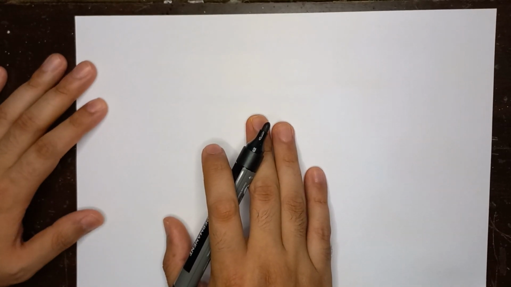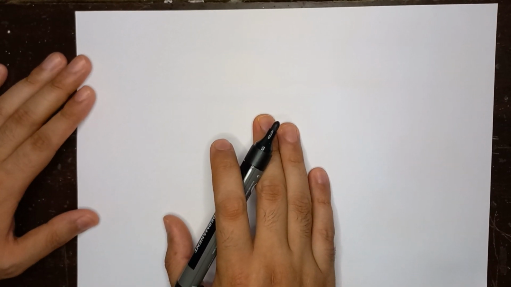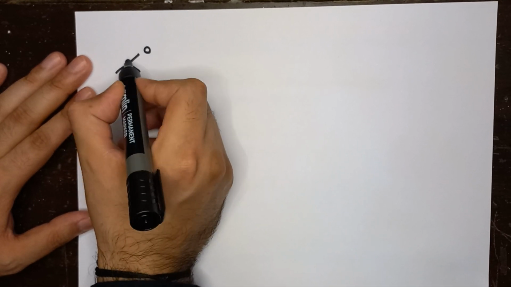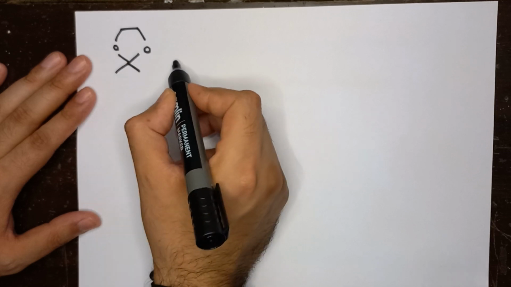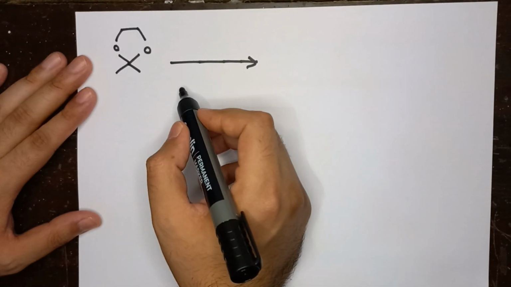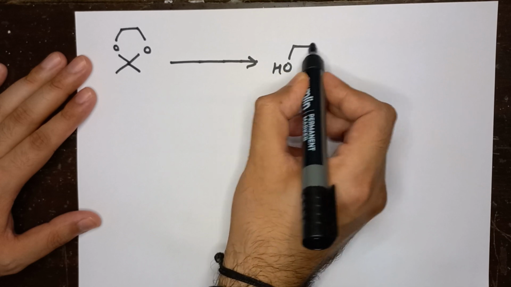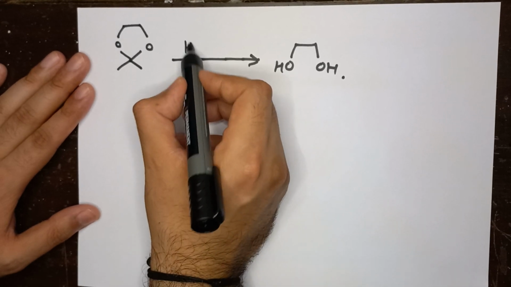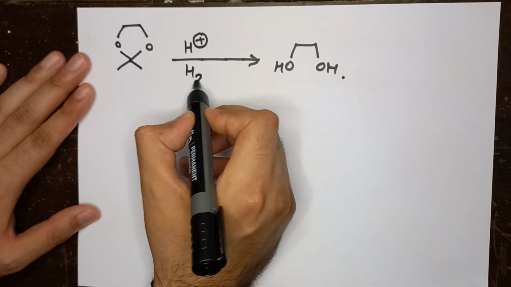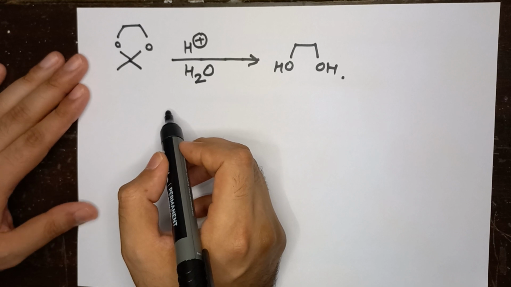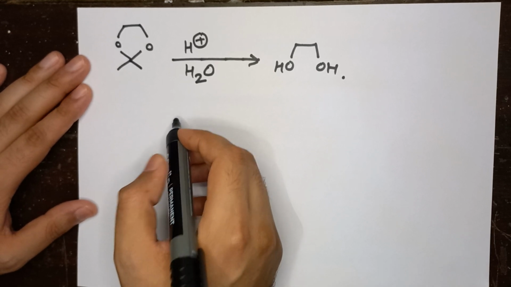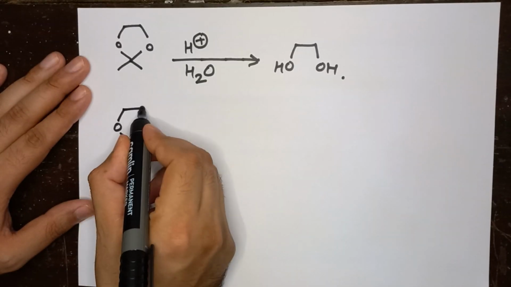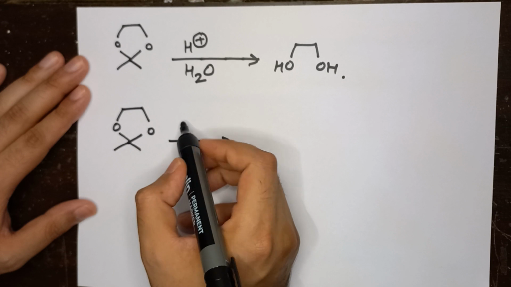So till now we talked about the protection methods. Let's talk about the deprotection. I want to convert my protected diol back to diol. So which reagent should I use? I'm going to use a strong acidic condition in presence of water. Okay. So what is the mechanism? So this is my diol. It's going to